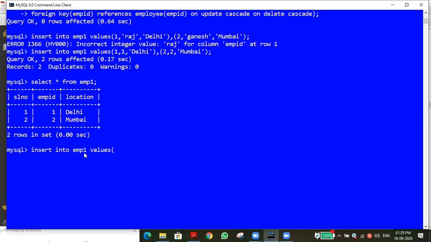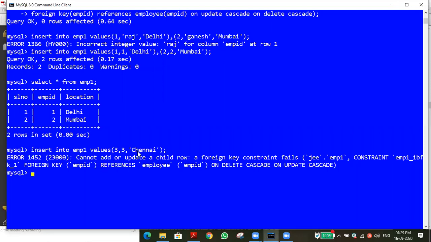Suppose I want to enter a new value. Shall we give the new value? 3 comma, employee ID 3, comma, then we are giving a value. In that value I'm just giving Chennai, nine. Okay, so I enter the value. It will show an error. Why? Because the third